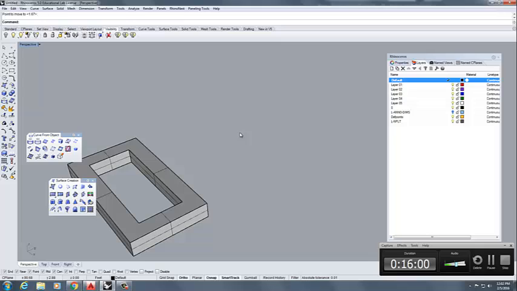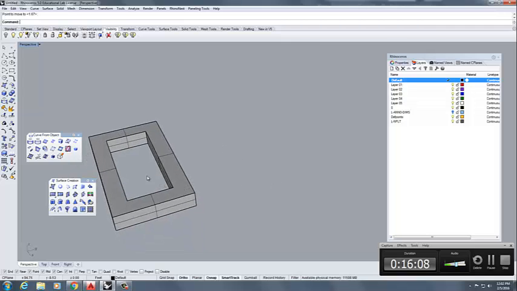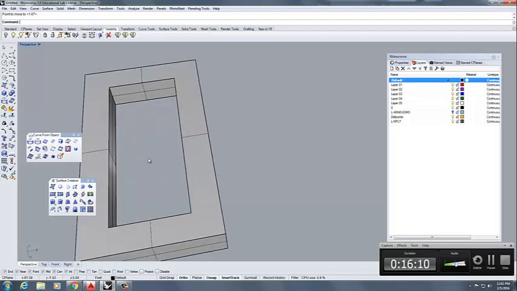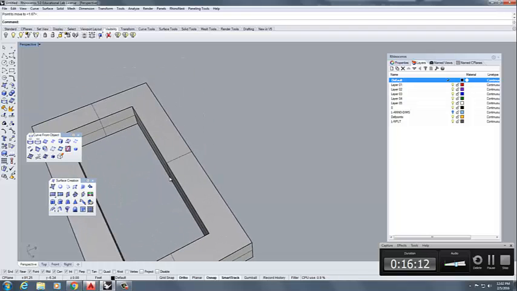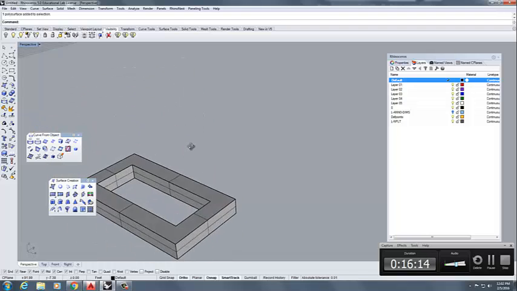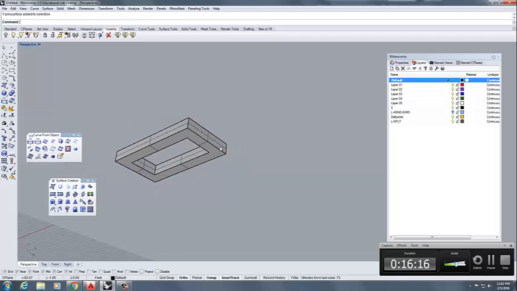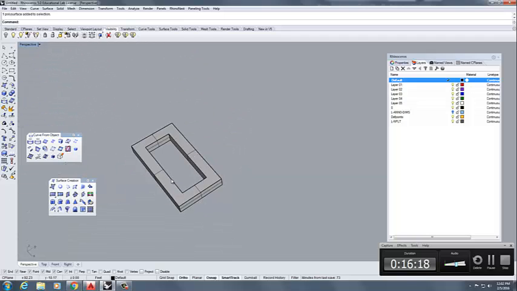Why did it move 18 inches plus? Because of my construction plane in this case. Construction plane is world top, so a positive value goes up. All right, last but not least, we just need a floor for this, and I don't have line work anymore, right? We don't have lines to construct something with, so how am I going to get those lines? I need to steal those lines from this surface, or from this solid creation, and the way to do that